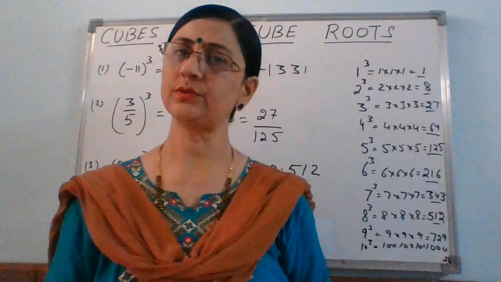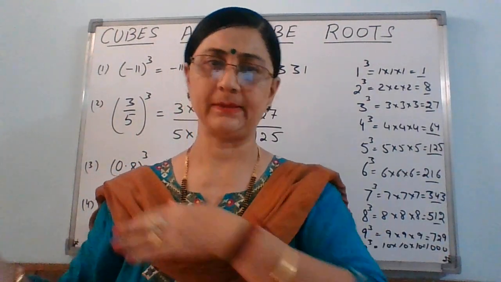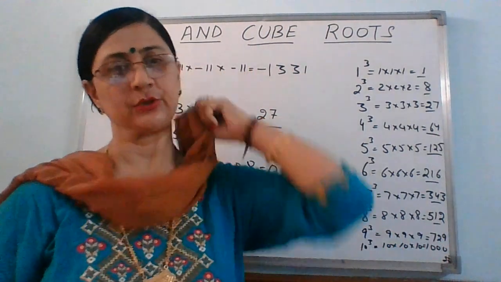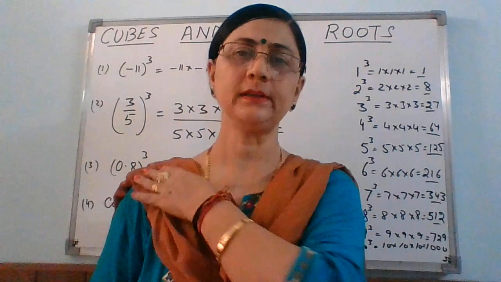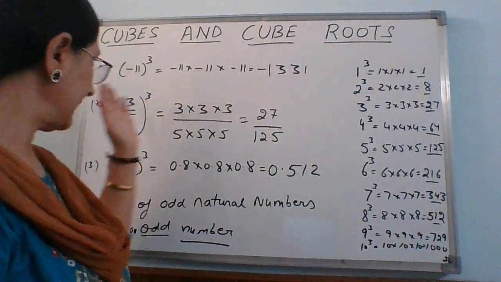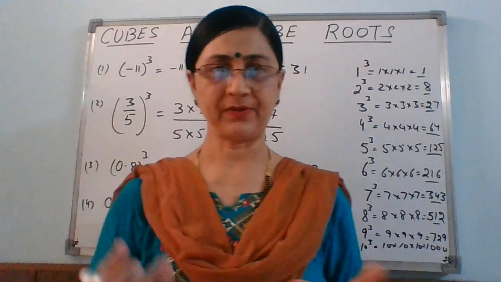So these are just the cubes. You just multiply. Cube of 5 is 5 multiplied by 5 multiplied by 5, right? That is easy. But you should learn these cubes by heart, at least the cubes up to 10. It is required in the questions. Now I have written some questions on how to find the cubes if there is a negative number, a fraction,